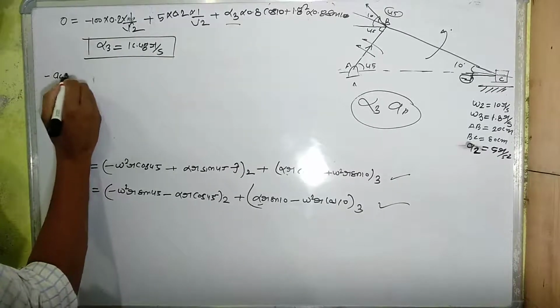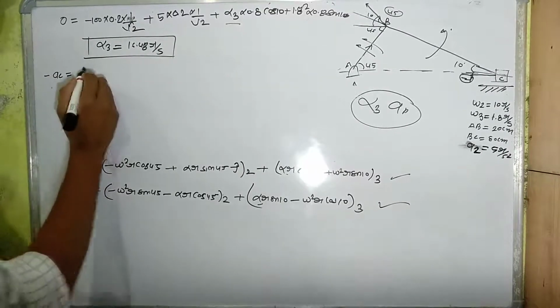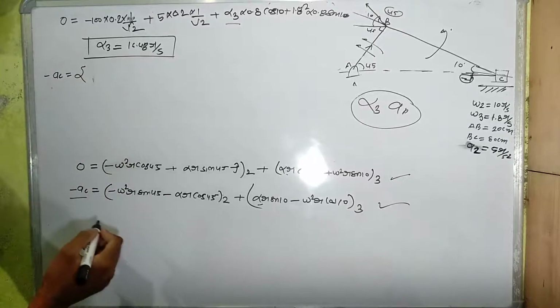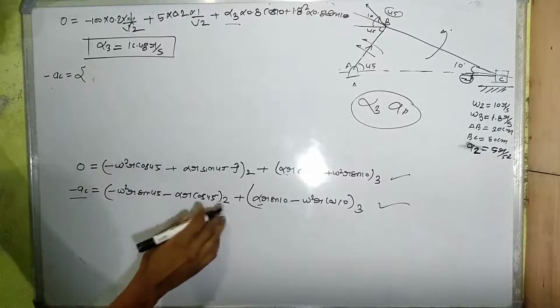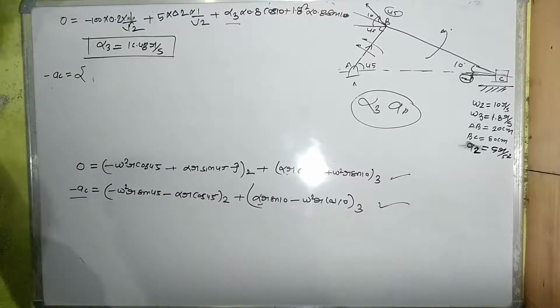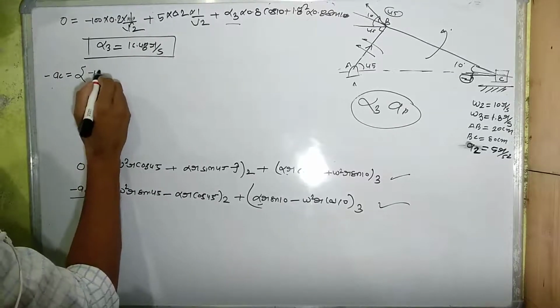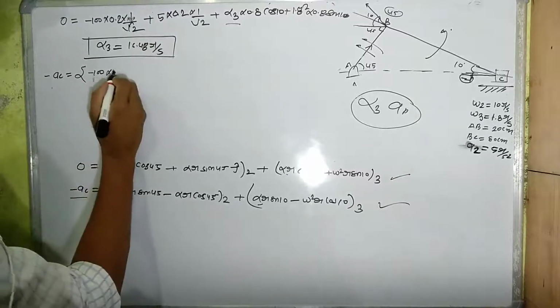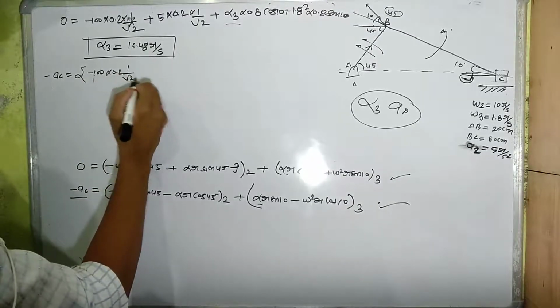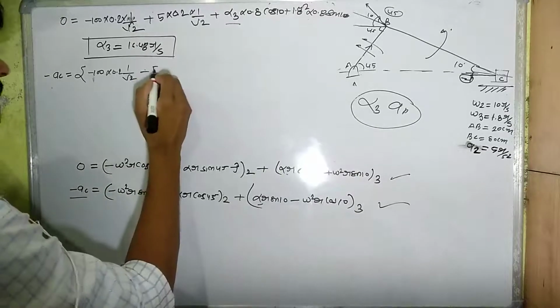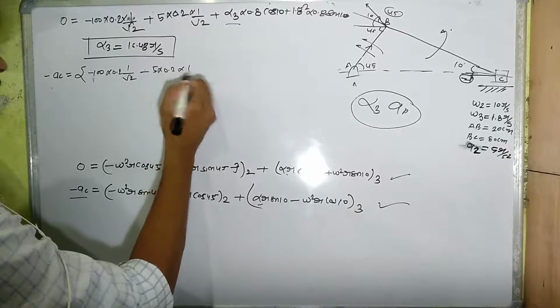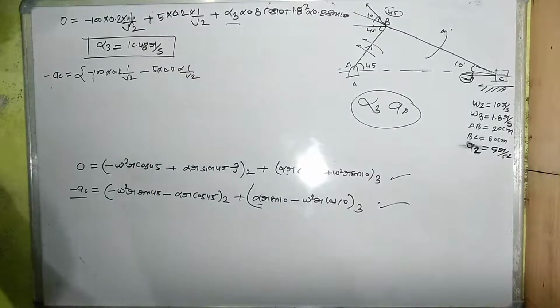So minus acceleration of the piston will be again omega square r sine 45, so for link 2, minus omega 2 square, that means minus 100 into 0.2 into 1 by under root 2 minus alpha 2, you know that is 5 into 0.2 into 1 by under root 2, okay,